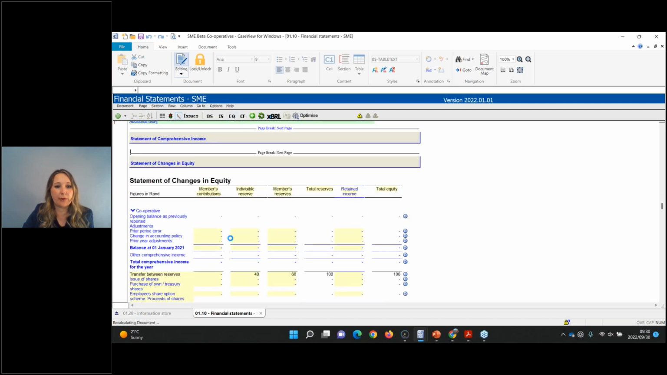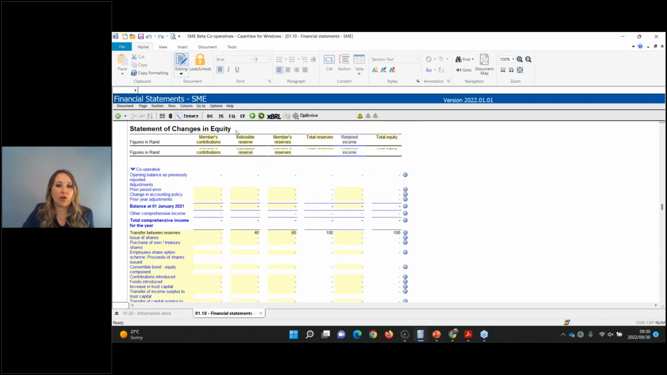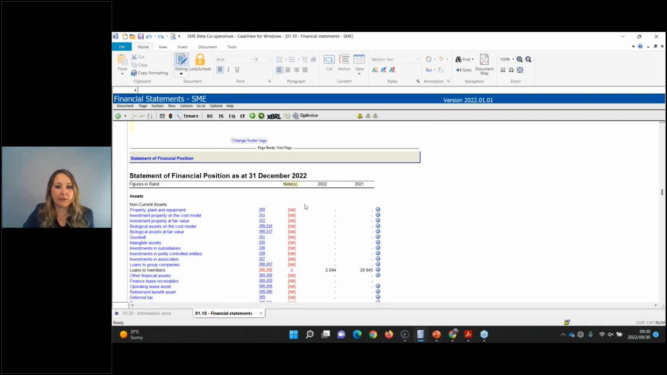So if we jump to the statement of equity, you'll have your indivisible reserve, your members' reserves, and then your members' contribution that are new. And if we quickly have a look at the notes,